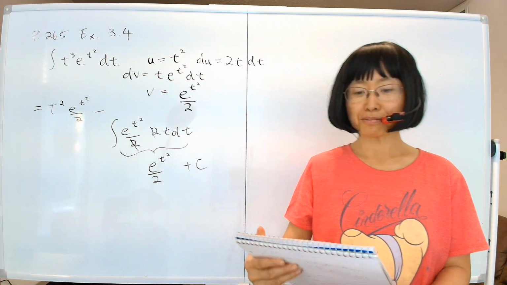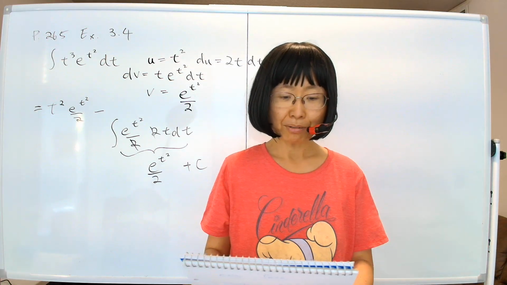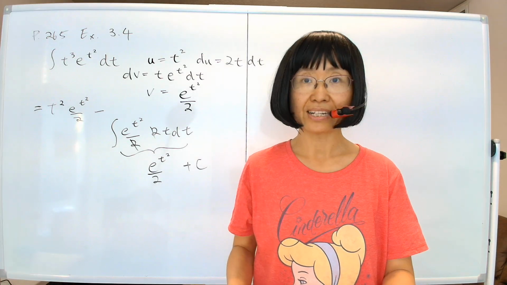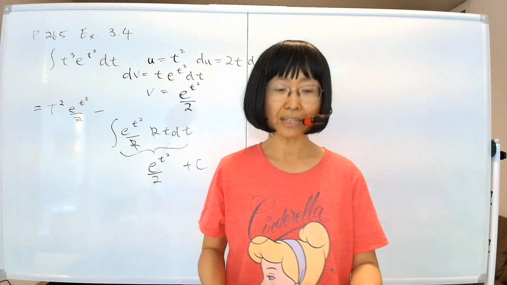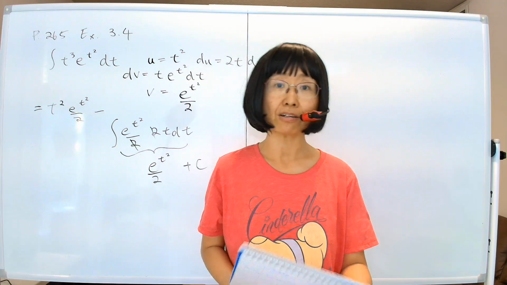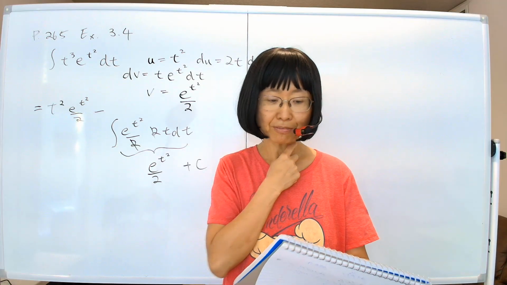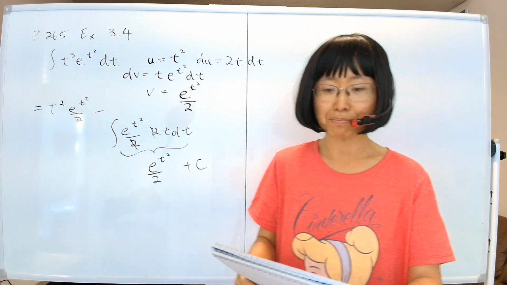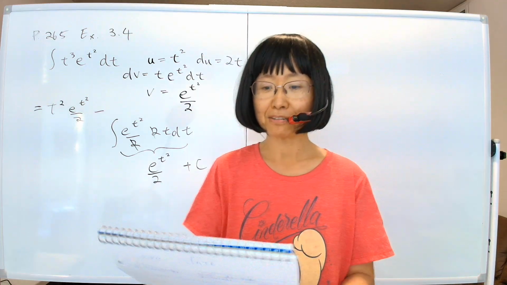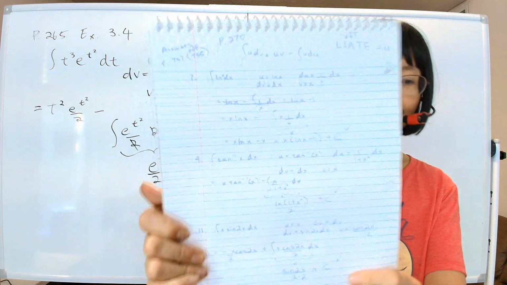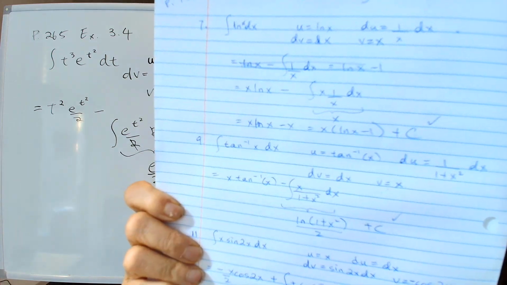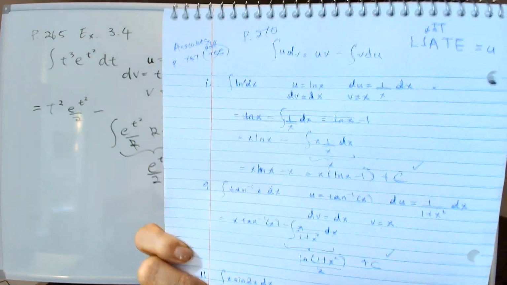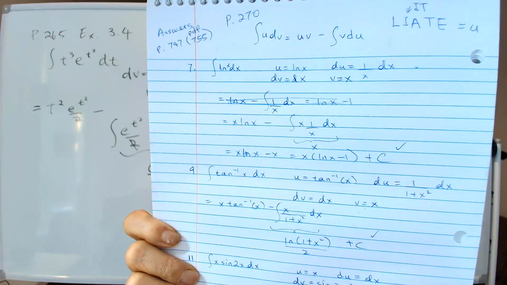Now that you're done with the homework, let's talk about it. Problem number 7, where you have to integrate the natural log of x dx. Now, the formula for the integration of natural log is already given in chapter 1, but we're going to redo it here just to test to see if the integration by parts method really works. So what we're going to do is, I did it in my notebook. We'll let u equal the natural log of x,